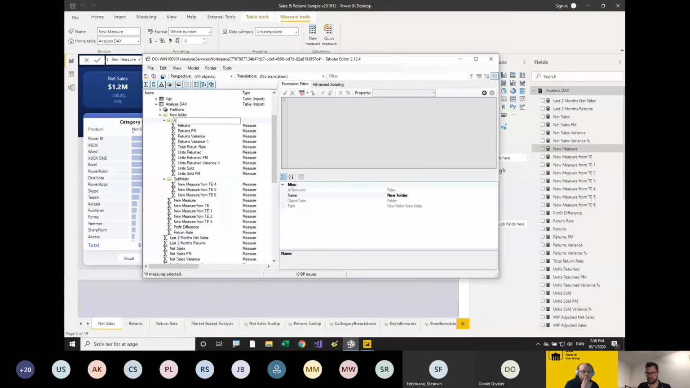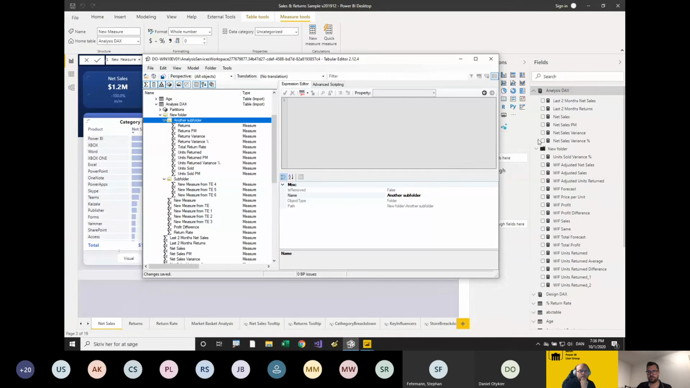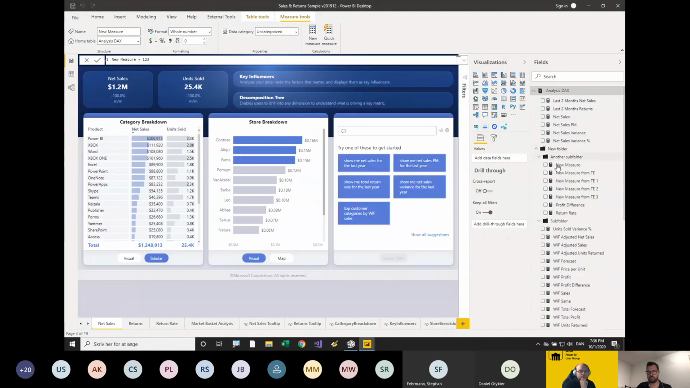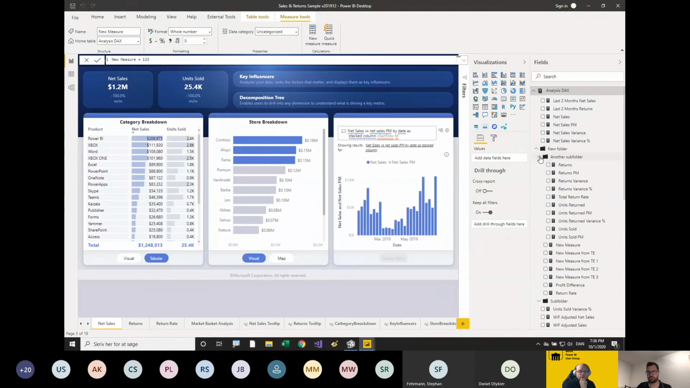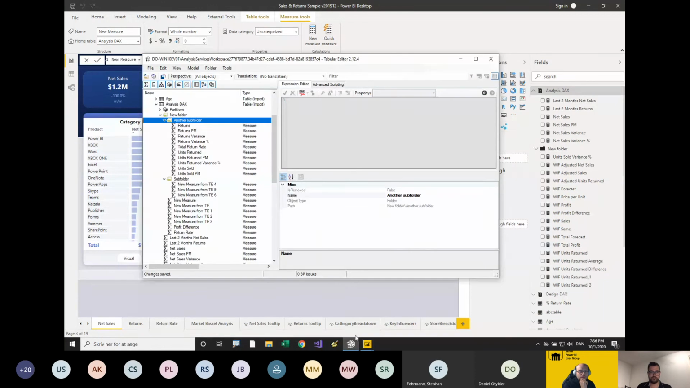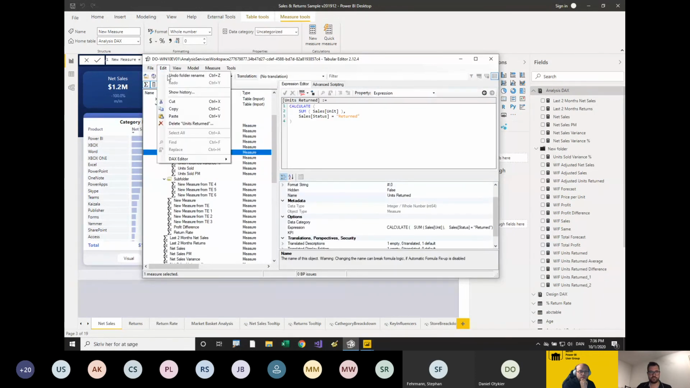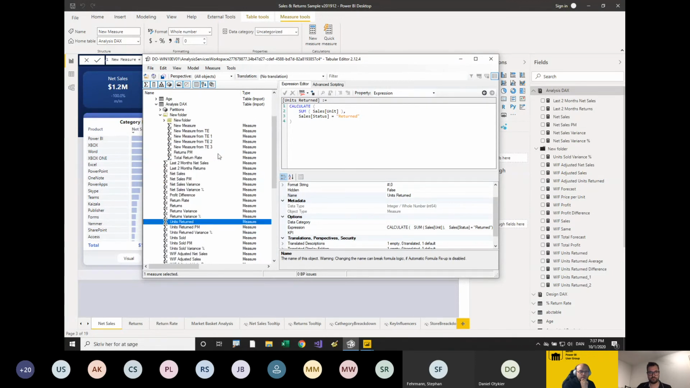So let's create another subfolder here, and we hit save, and we should see our field list update to represent the new structure that we created here with the subfolders and so on. Oh, and if we make a mistake, we can just use undo. So we can hit Control-Z as many times as we want, and we can get back to the original state